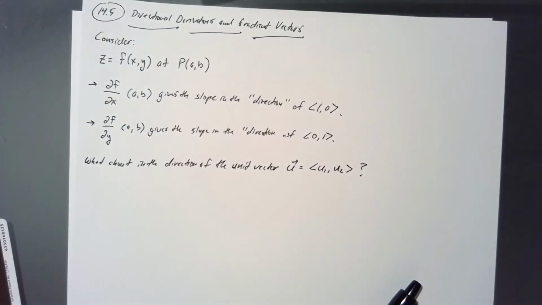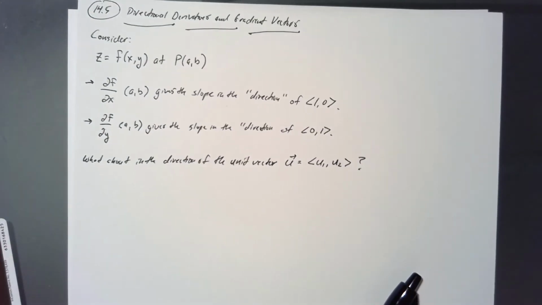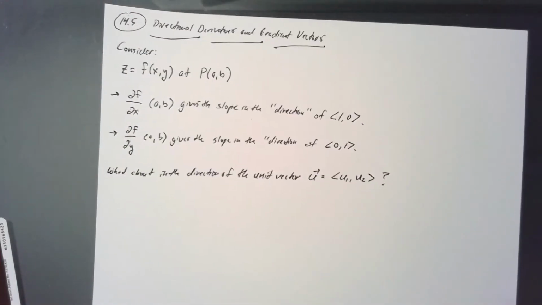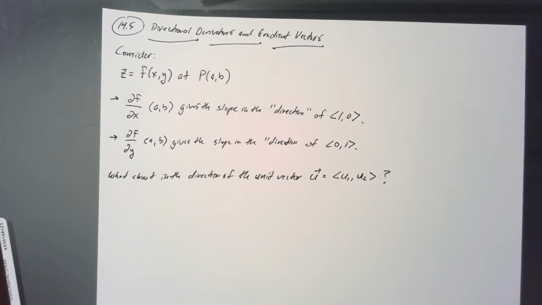What if we want to find the partial derivative in some specific vector direction? Well, so a directional derivative, to get an idea of what this is, we're going to